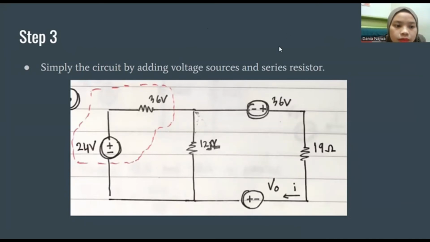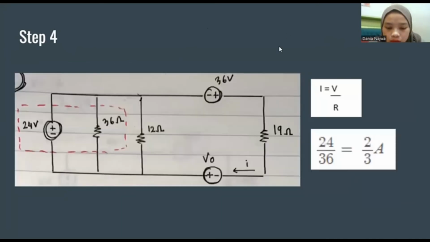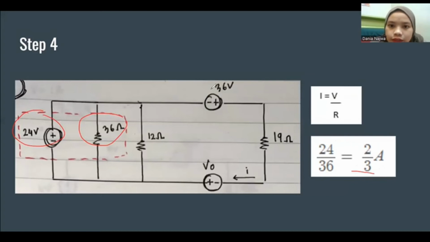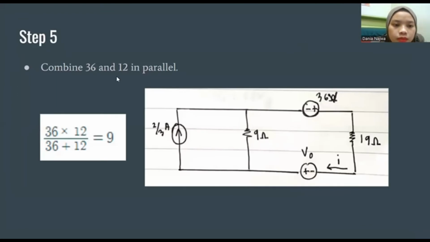So step number 4 is use source transformation for voltage source to current source. So I equal to V over R. So 24 volt over 36 equal to 2 over 3 ampere. And then step number 5 is combine 36 and 12 in parallel. So we get the 9 ohm, and then